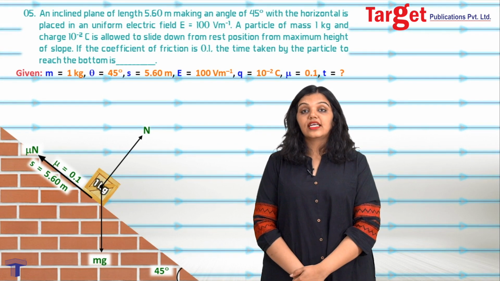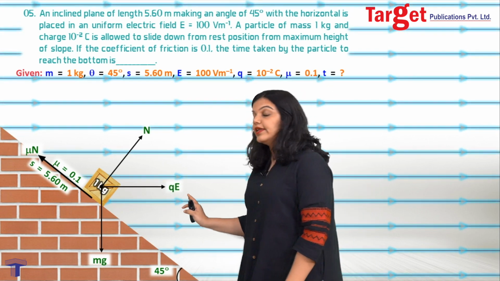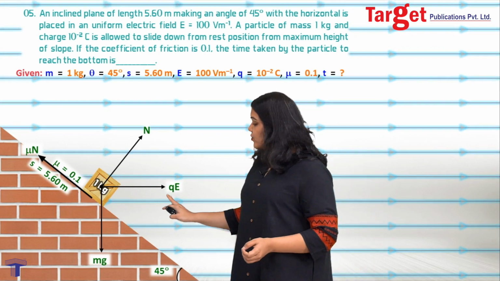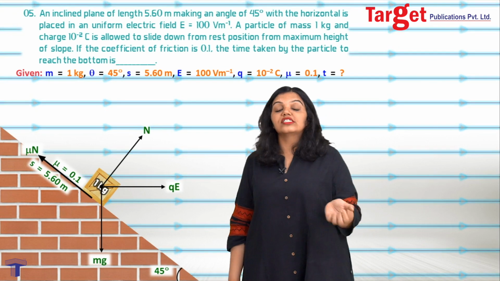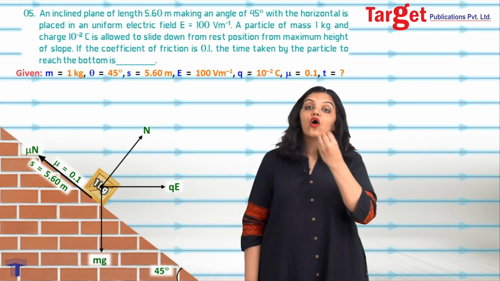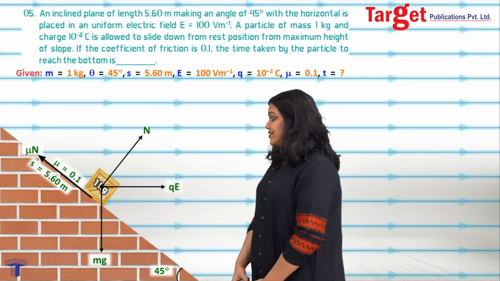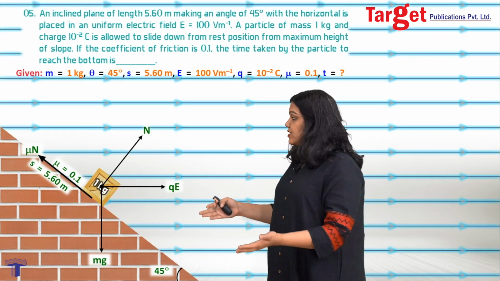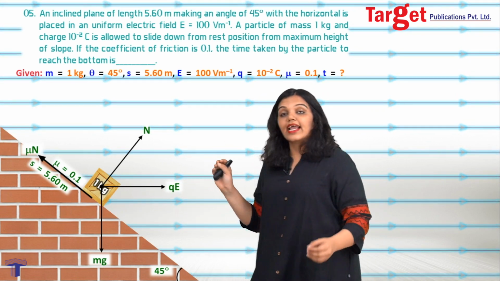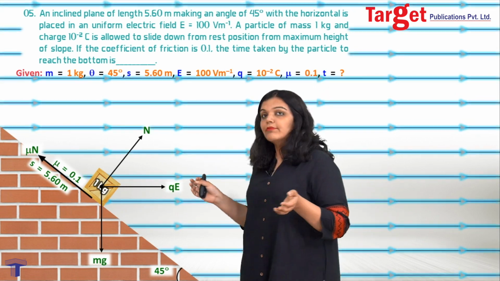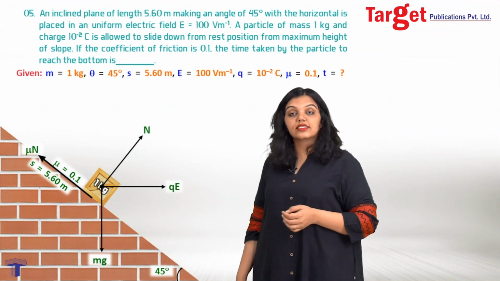A particle placed in an electric field experiences a force equal to QE. Now you can see that they have given you Q and they have given you E, which means you can very simply find the force exerted by the electric field on this particle and just add it to your free body diagram. You add it in the correct direction, the same direction as the electric field. That's it. You have now added that extra element to your free body diagram, and you no longer have to worry or think about the electric field, so I'm going to let it disappear.